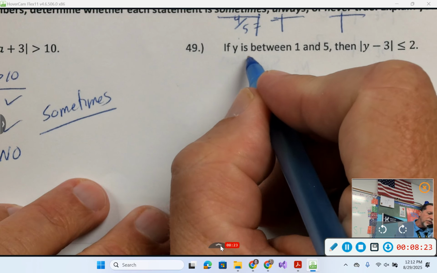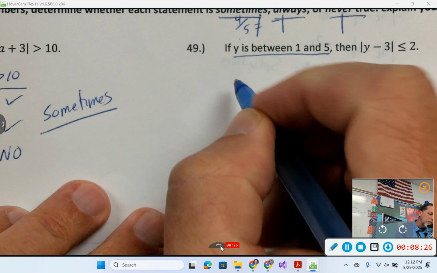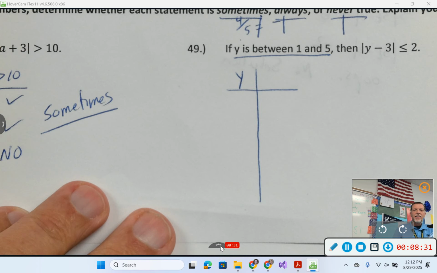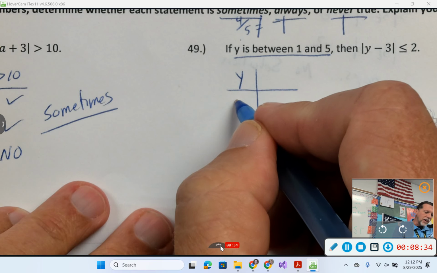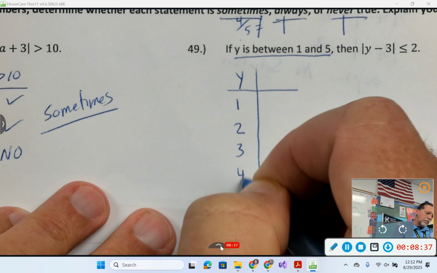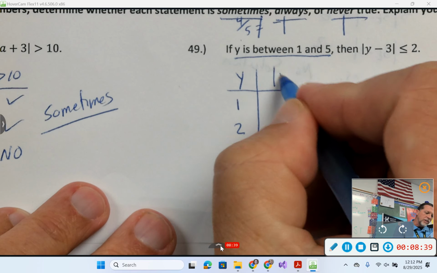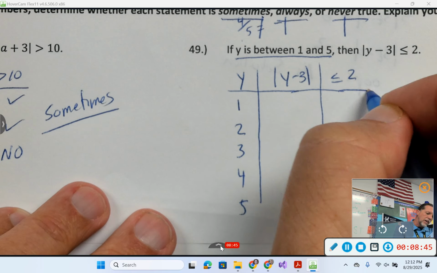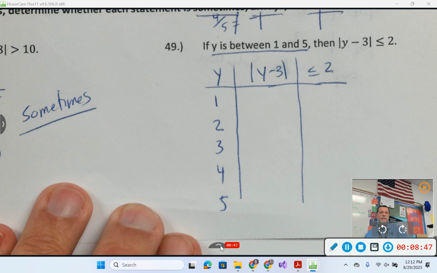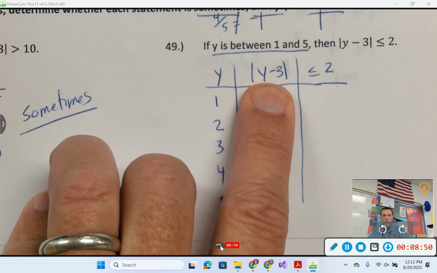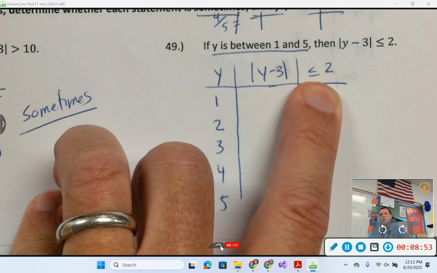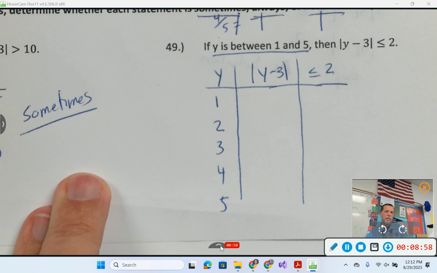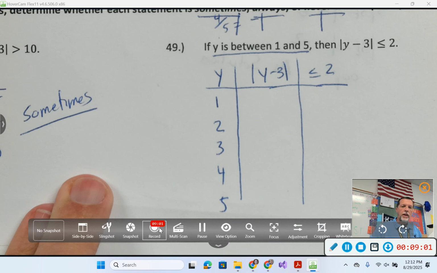49, it's easier to start. If y is between 1 and 5, what do you think we should pick for y? 3. Let's pick several things between 1 and 5. Pick as many as you need until you convince yourself what the answer is. I would set it up kind of the same way. Plug in 1 through 5, get an answer for this part, and then answer if that's less than or equal to 2, and then you'll know with your yeses and nos if it's always, sometimes, or never. Okay, your job today